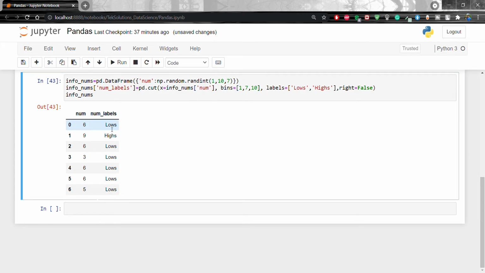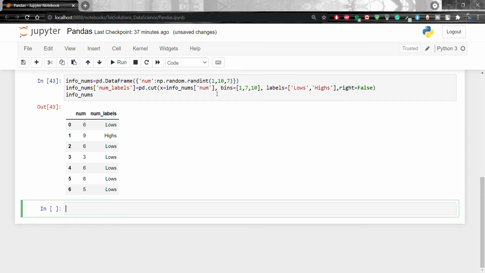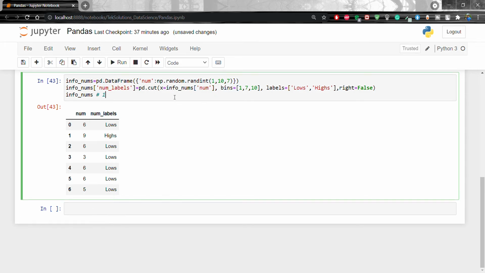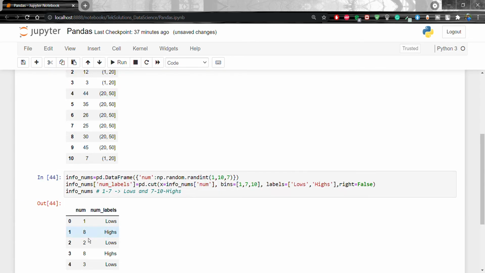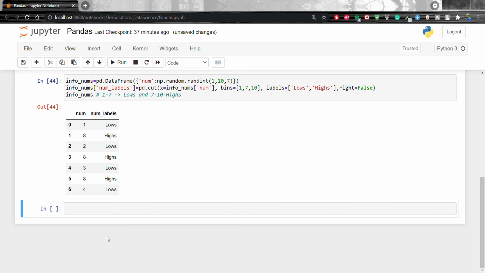See, 6 is low because it is between 1 to 7, 9 is high between 7 to 10, then again 6 is low, 3 is low, 6 is low. So all the values coming between 1 to 7 are lows, and 7 to 10 is high. If you press shift enter, the value is going to change. So lows will be 1 to 7 only, and high will be 7 to 10. Okay, so this is the cut method, clear.